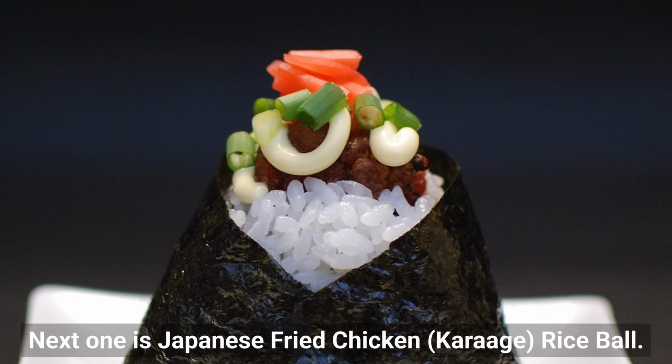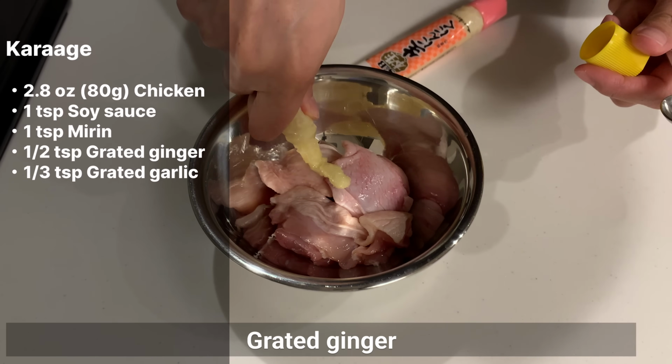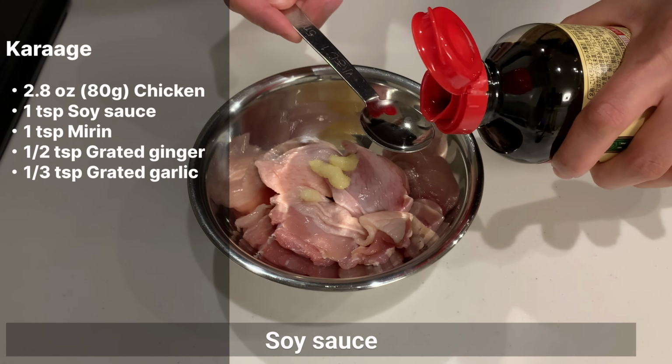Next one is Japanese fried chicken karaage rice bowl. First, let's season the chicken. Put grated ginger, garlic, soy sauce,